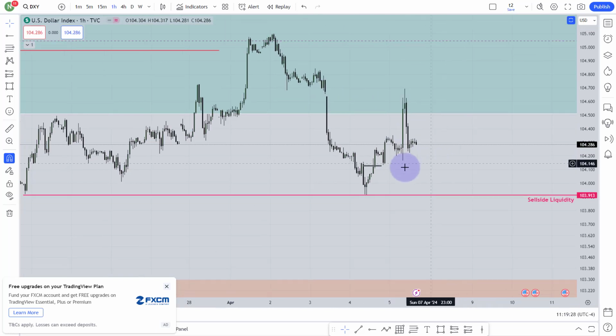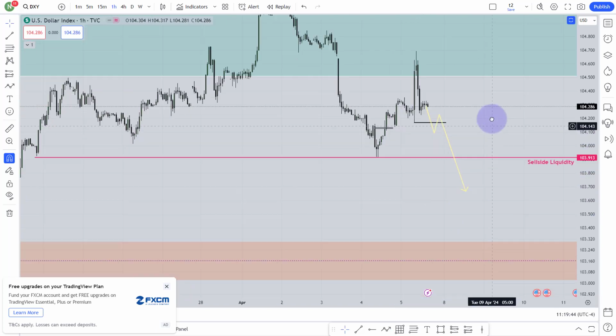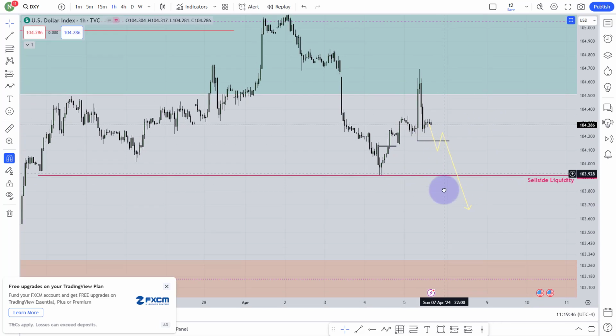Then it broke lower. See this low. This low is valid for shifting market structure. I am talking about this low. If market can do this, it can give me a market structure shift. Then maybe it will make a fair value gap over here. It will trade that fair value gap, then it will fall lower. If it happens, I'm very happy to see that.